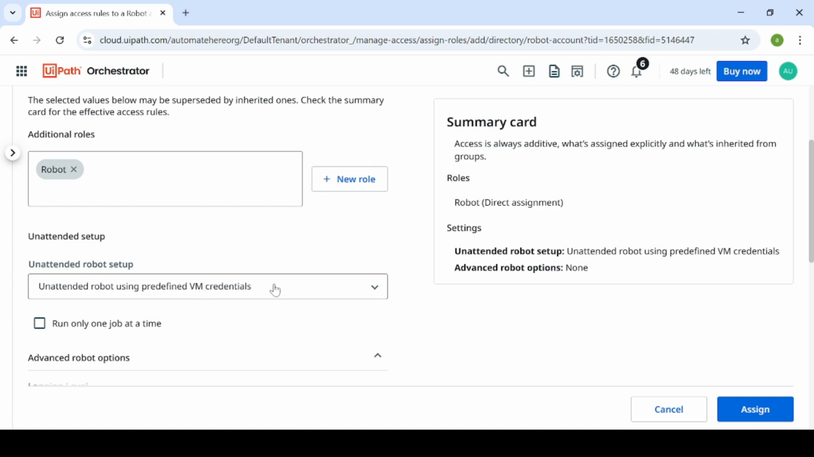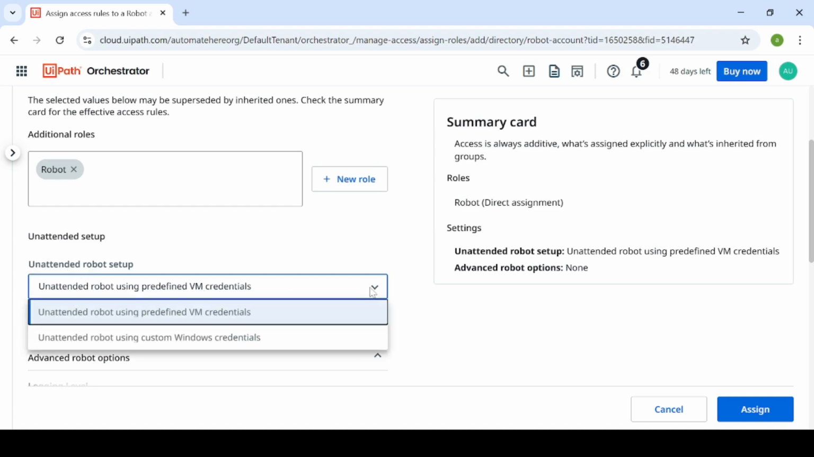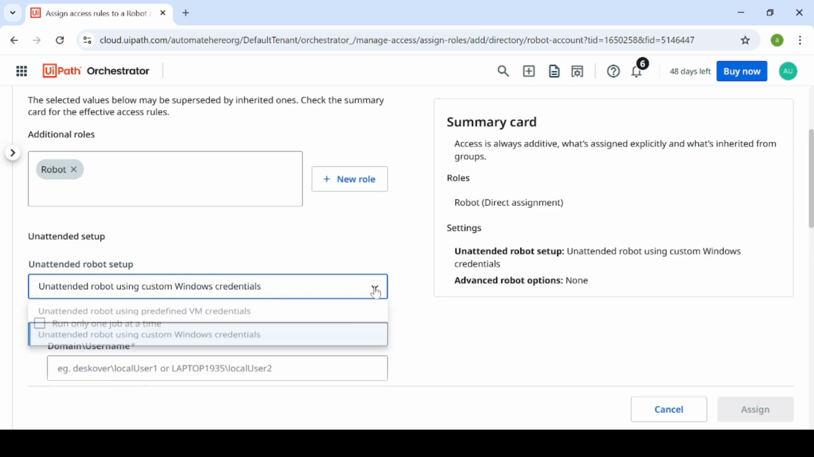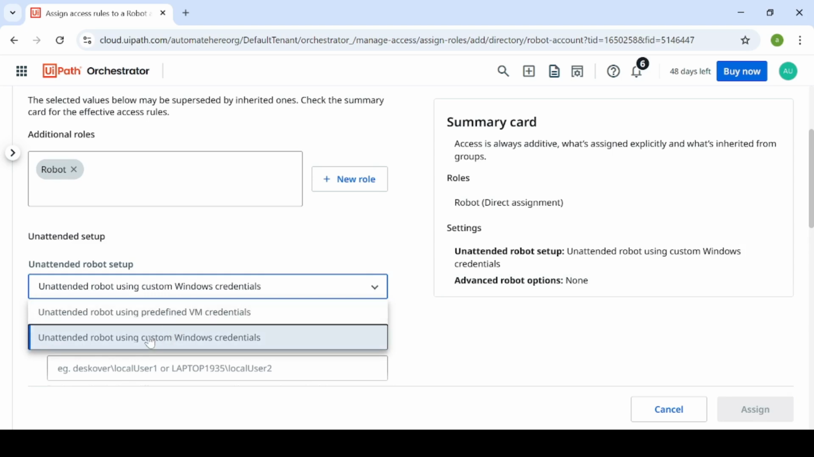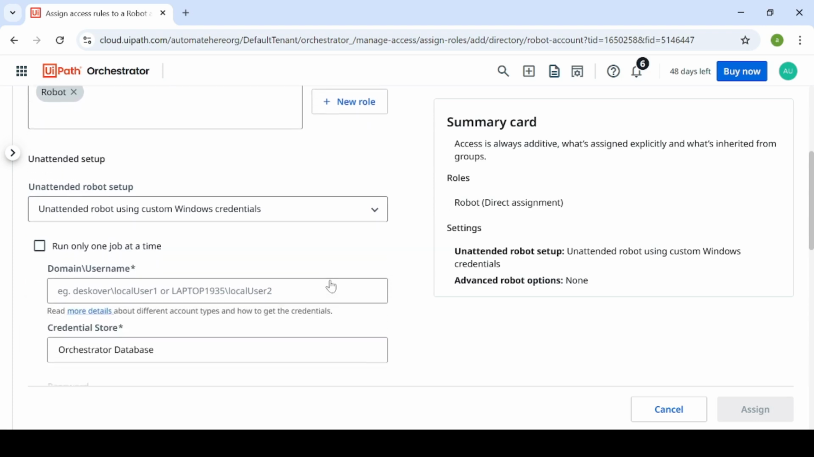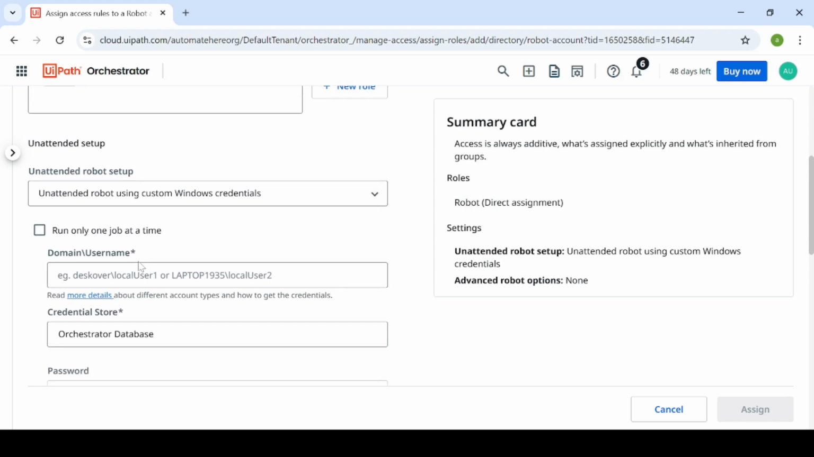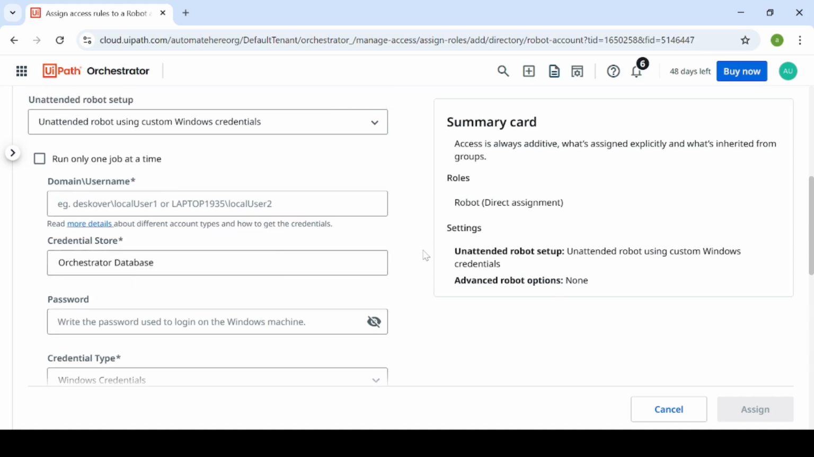unattended robot setup. We have two options: whether we want to use a VM as a robot or we want to use the Windows credential. We are going to use a physical machine here, not a virtual machine, so that's why we are selecting the second option. If you want to use a virtual machine, you can go with the first one. Here it is asking for domain and username, and password. As you know, the unattended robot is configured in such a way that it does not require any human intervention. So we need to provide the username and password here so that the bot can log in and do